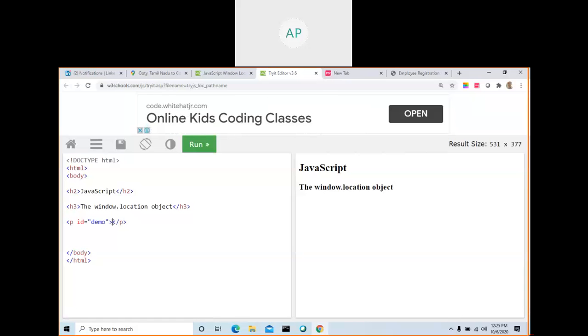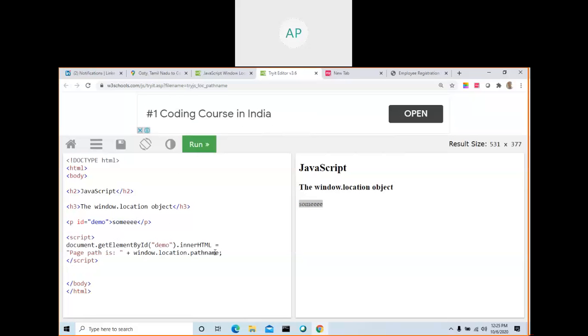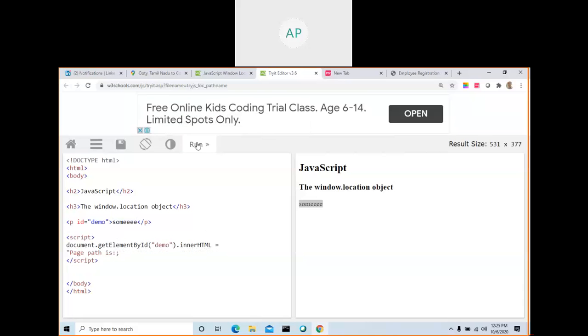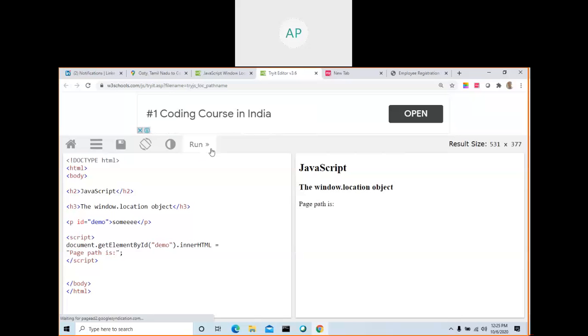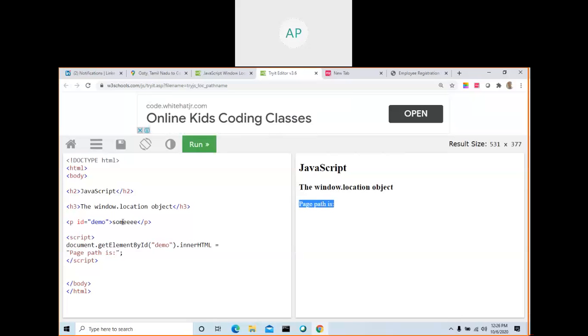So what is the value of the paragraph? Nothing here. Let me type something. Run this one. So what is the value of the paragraph now? If I want to change the value to something else, Control V. Now if I run, see what the value is. Here you are having an error. See here, the value has changed to this one. You are changing the page dynamically.